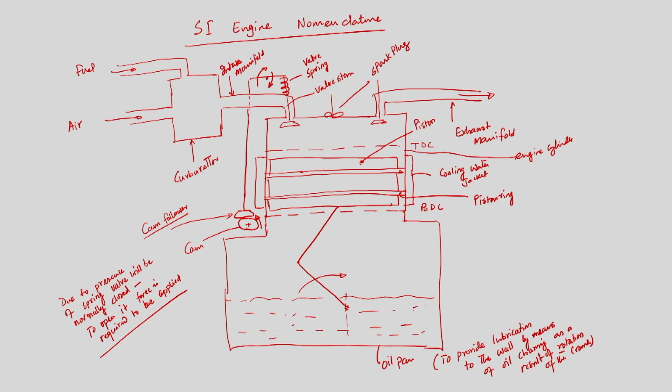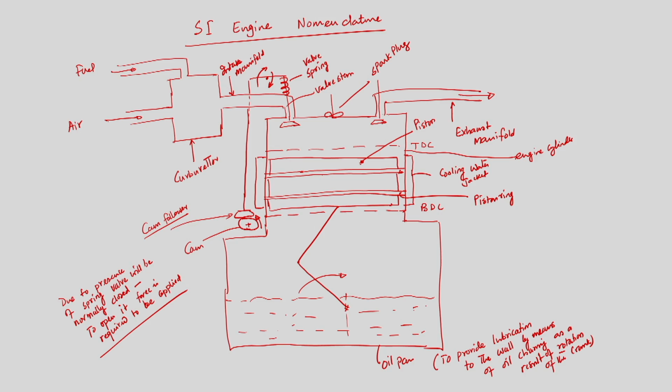So this is known as the carburetor, because the carburetor supplies an air-fuel mixture in a stoichiometric ratio, and it supplies the air-fuel mixture to the engine cylinder in a gaseous form. And there is an exhaust manifold through which the combustion product comes out after the combustion. And the piston moves between 2 points, one is top dead center, another is bottom dead center, because the piston movement is restricted between these 2 points, and above the top dead center there is a space which is known as the combustion space, of course.